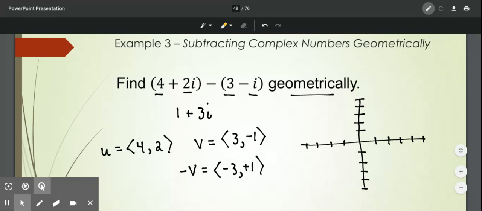So if we start with vector u at 4, 2, and we draw this, and that's vector u, and then we combine it with the negative v. So horizontally, from this point, we have to go negative 3 horizontally, so 1, 2, 3, and then we have to go up 1. And so adding the opposite of v would be this vector right here. And so then that resultant vector would be from here to here. That's kind of what we just found,